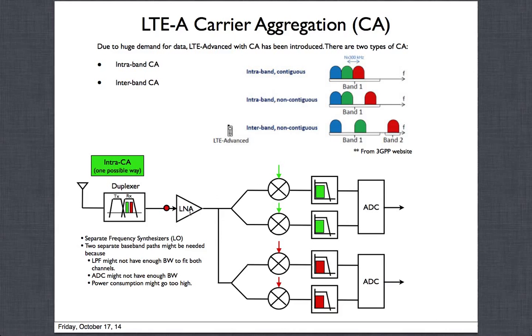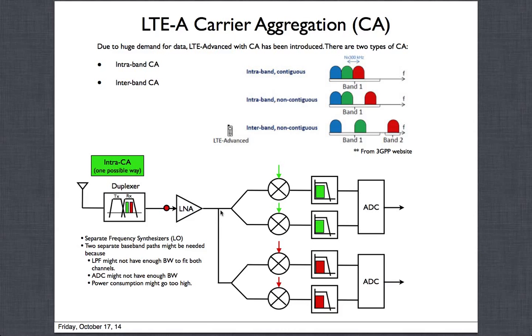So if you had a normal LNA, now you want to burn twice the amount of power so that you can still maintain the same gain from this input pin to this ADC input, both for the green signal as well as the red signal, so that you can effectively maintain similar gain and similar noise figure numbers, so that your SNR values and all that for carrier aggregation. The case of carrier aggregation with two channels is then similar to the normal case where there was only one channel: you had good gain, good noise figure, good sensitivity and all that, and you can maintain that.